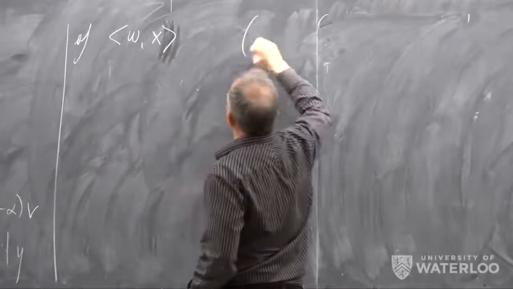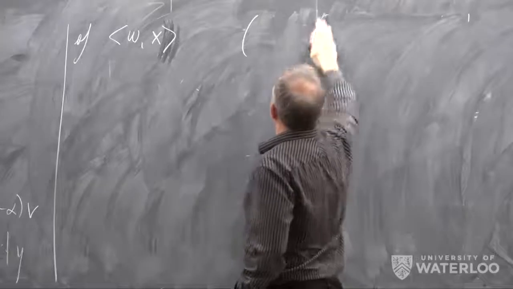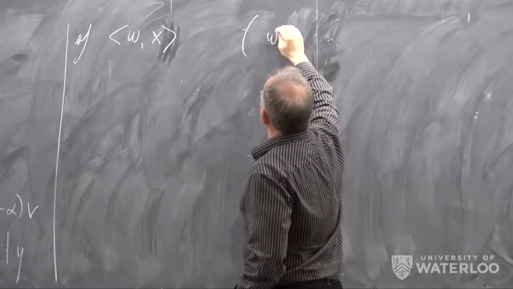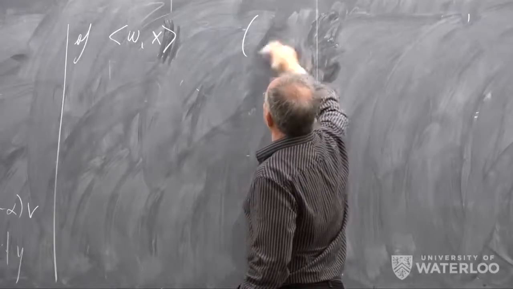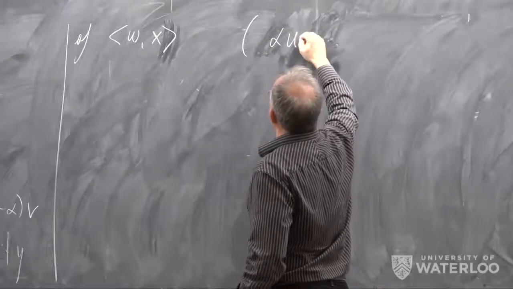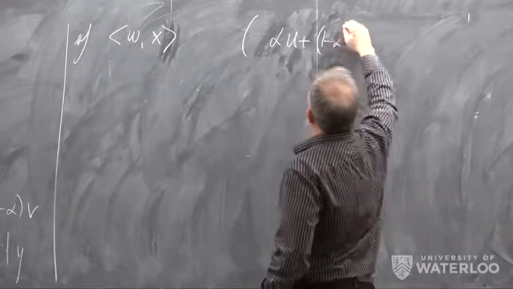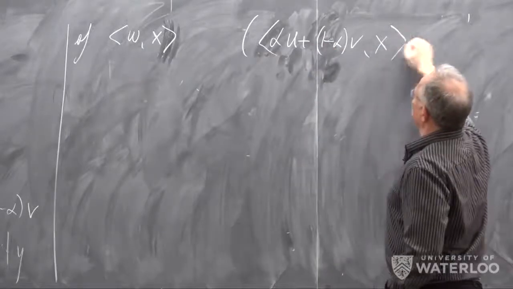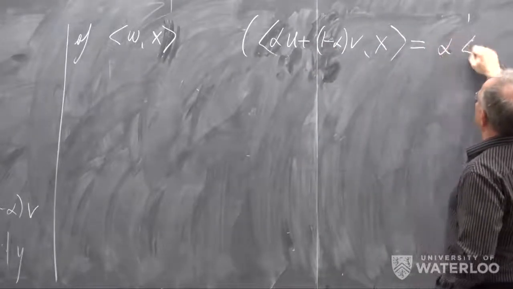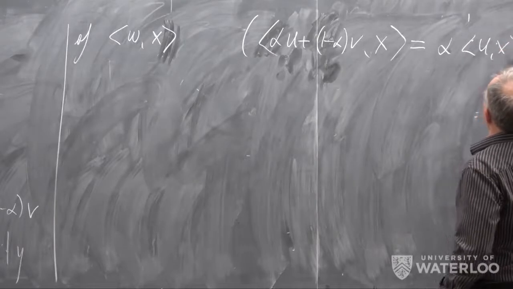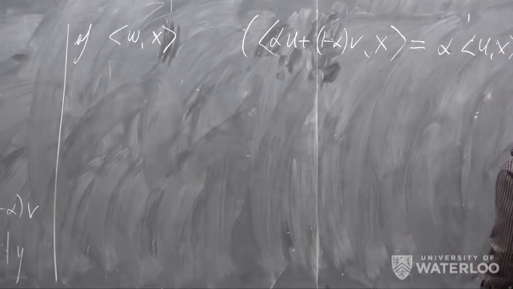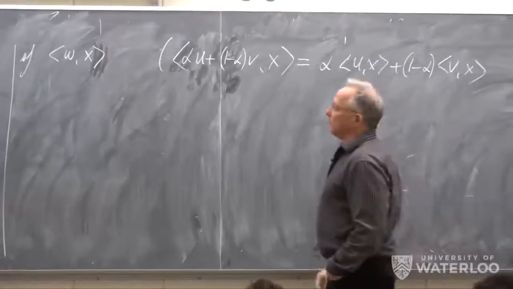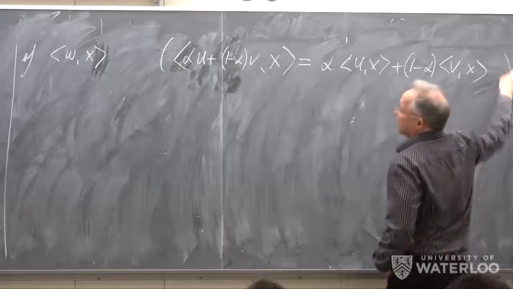That is, we know that for any two vectors, alpha u plus 1 minus alpha v dot product with x equals alpha u dot product with x plus 1 minus alpha v dot product with x. So that's the linearity